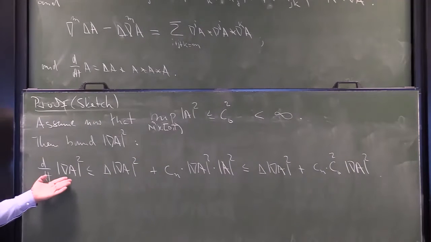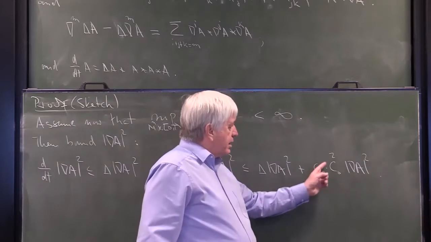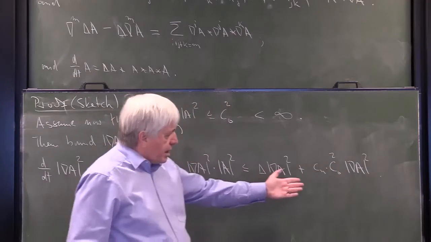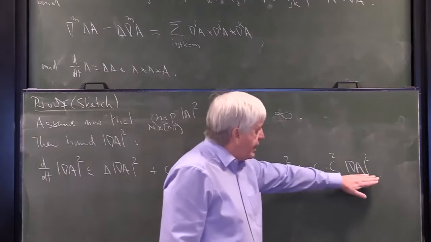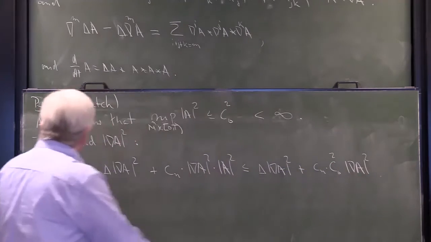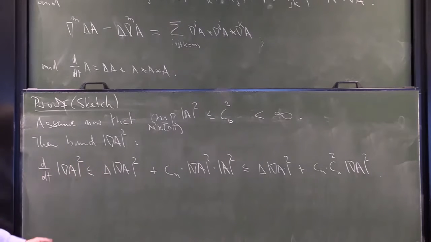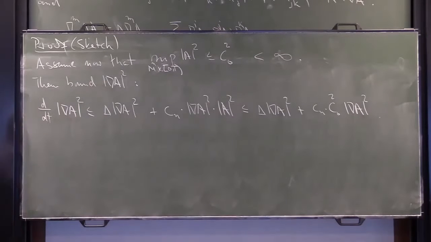And now the point is that this term here, the nonlinear term that usually causes the blow-up, is bounded by assumption. This is just linear in gradient A squared, which means that this term, by the maximum principle, can only grow exponentially. That's the philosophy. So we take